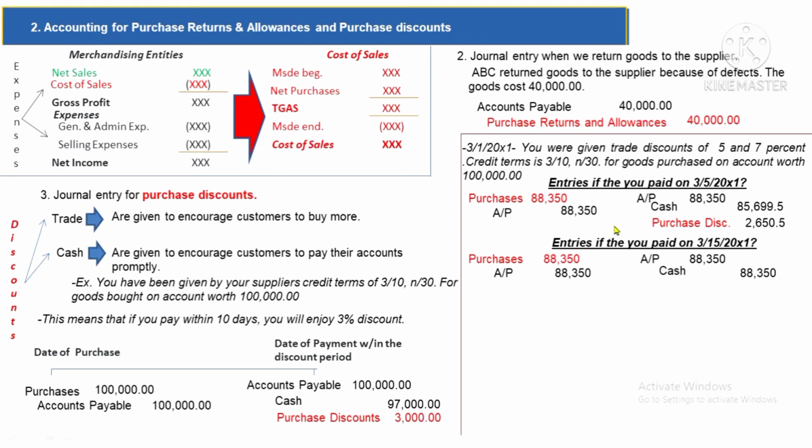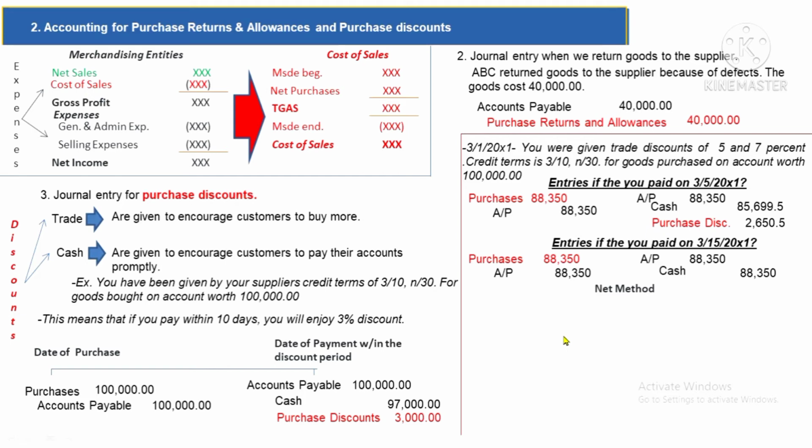What you've seen here are the set of entries under gross method of accounting for purchases. We have an alternative method which is what we call the net method. And you are going to use this if you are sure that your company will pay within the cash discount period usually. Especially if, for example, the goods that you purchase are high value items or in large number of quantities. Why? Because logically, high amounts of purchases would mean high cash discounts also, and it would be impractical to